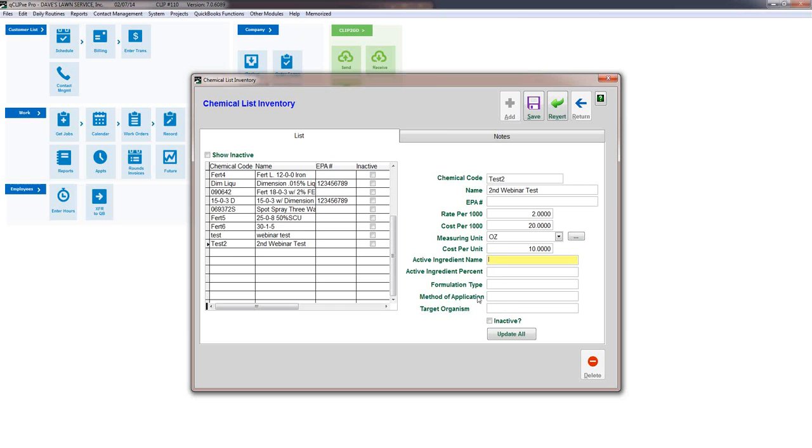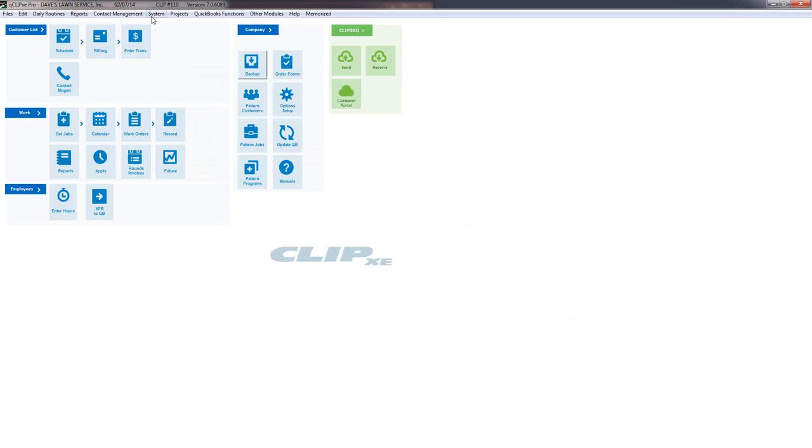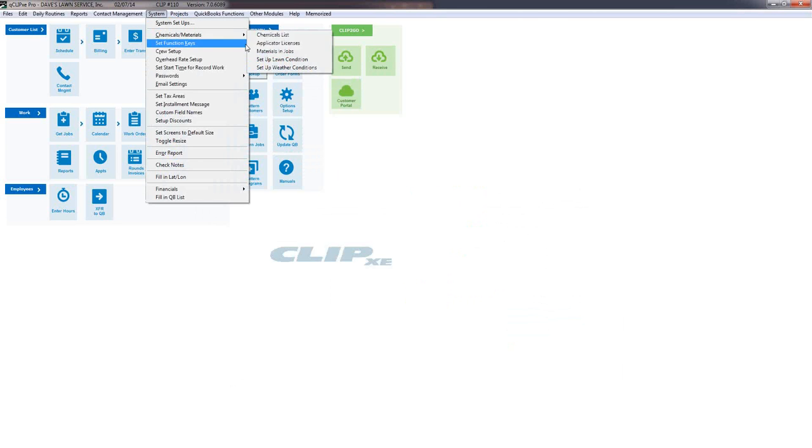Right. Now your method of application, that's simply whether it's liquid, are you spraying it on, or is it granules that you're applying to the lawn? And your target organism, what are you trying to do with this? Are you trying to get rid of crabgrass, or some insects or something? You specify that here. All right, and then we'll just go ahead and save this and then return. And then the next thing that we'll need to set up under System, Chemical List, same place,